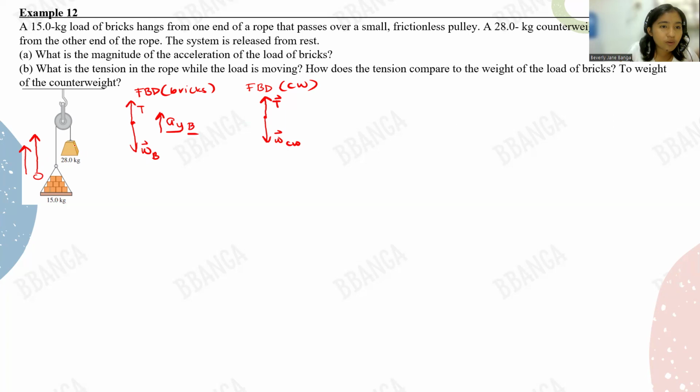Now, yung counterweight natin, nag-start din siya sa rest. Tapos, mag-i-speed up siya, pero to the negative direction. So, bibilis siya, pero sa negative direction. So, ang AY naman nito ay negative. Okay, baliktad. Okay, bibilis siya to the negative direction. Yung isa kanina, bibilis siya kasi from rest up to some speed to the positive direction. So,